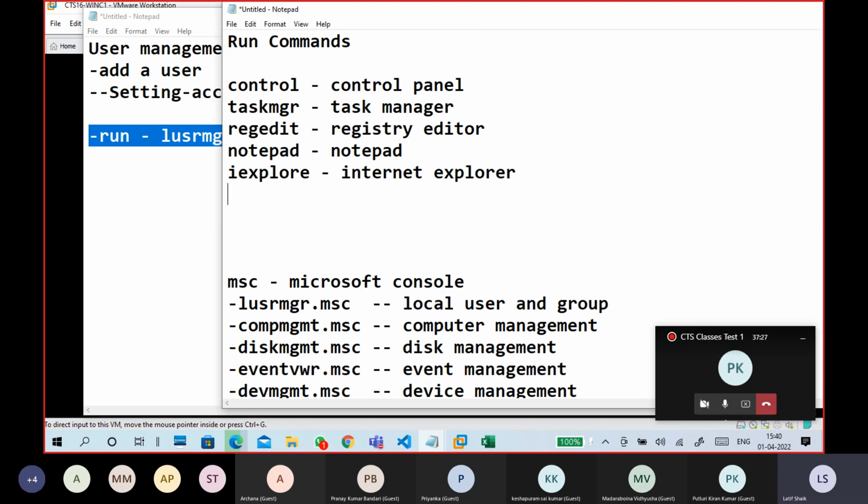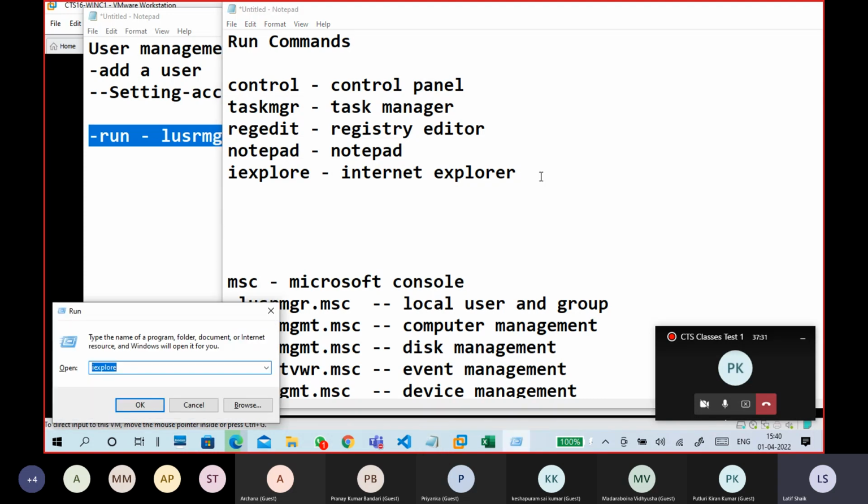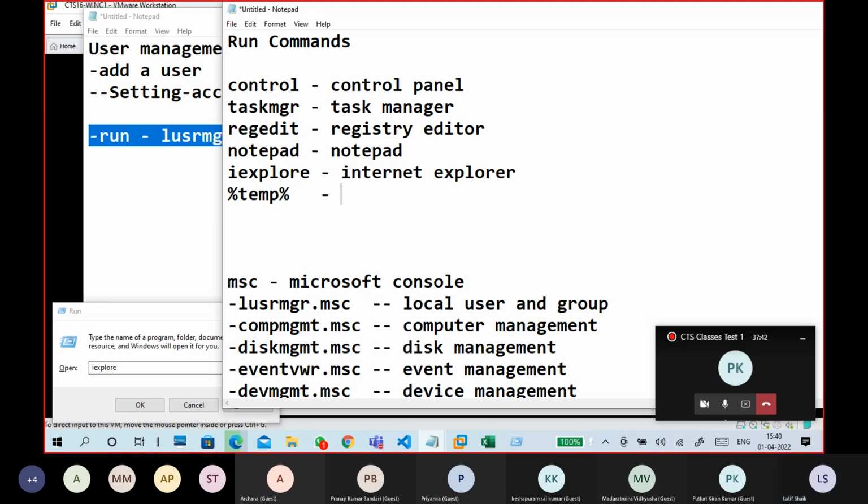And also remember a few shortcut kind of things. Percentage temp percentage, it opens the temporary folder.